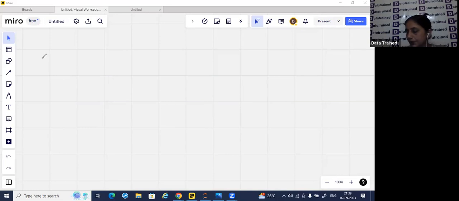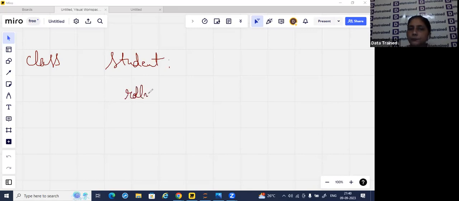How to write the code? So let me tell you how to write the code here. First of all, whenever I'm going to write the code, I need to write class. Suppose class student, here I'm making it. I'm taking a roll number, name, and age. Simple things. So I'm going to take 3 variables: roll number, name, and age. After class student, I need to initialize roll number, name, and age also. So what I will do,